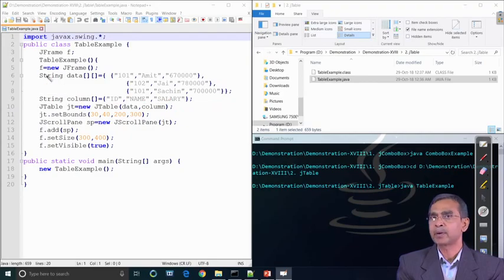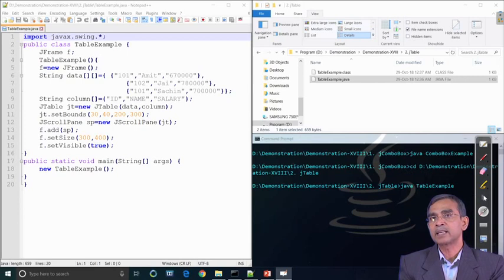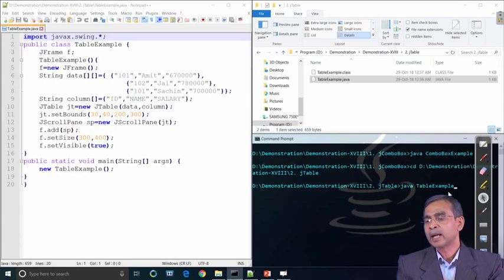Now, here the table is actually a 2-dimensional array. That array can be read from an output stream, or here we have stored this table in the form of a 2D array for this illustration. However, it can also be read in a different way from other sources. Anyway, this table contains 3 rows as we see here. The first row includes 101 as the ID, the name is Amit and the salary is this one, similarly 102 and then 101 and so on. So, this basically completes the structure of the table, including the data.